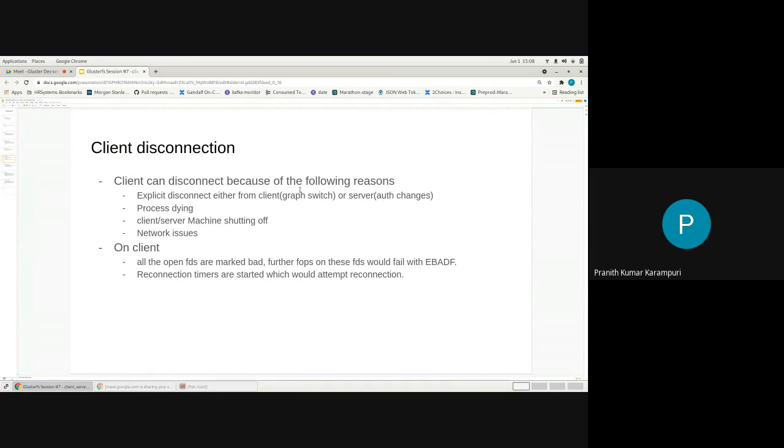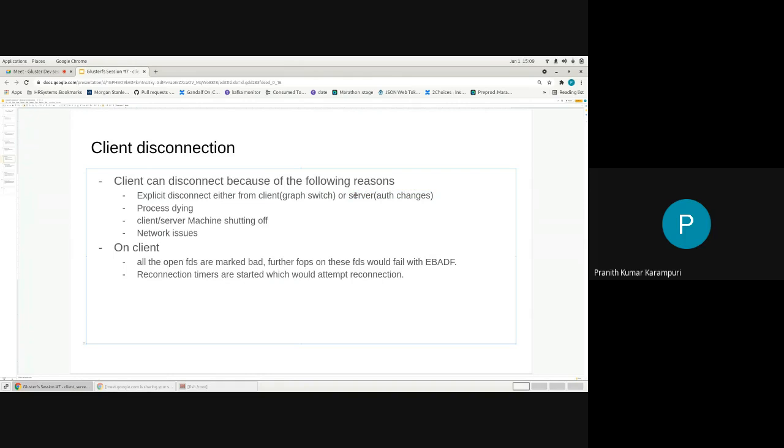One of the other things is this graph switch on the client also can trigger a disconnect from client to server. Oh yeah, server can also do it, like if you change the auth allow, auth reject options, server can disconnect that client after that volume set. If an allowed client becomes a rejected client, it will disconnect. So that also is there.